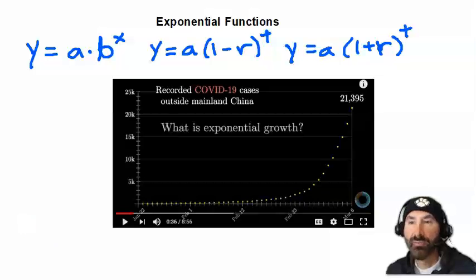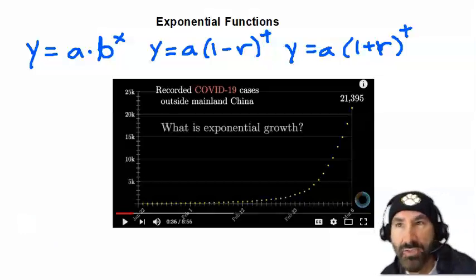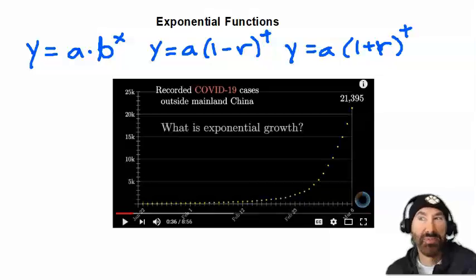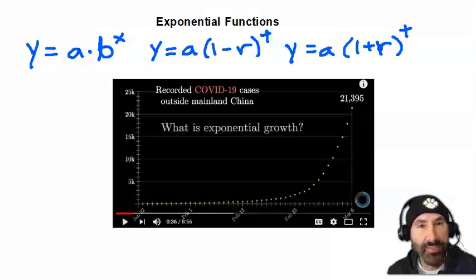Today we're going to look at some real-world math, and that real-world math is known as exponential functions. And where might you find these exponential functions in the real world? Well, turns out these days we find it every single day in the form of coronavirus or COVID-19. What's happening, or at least what happened at the beginning of the crisis,